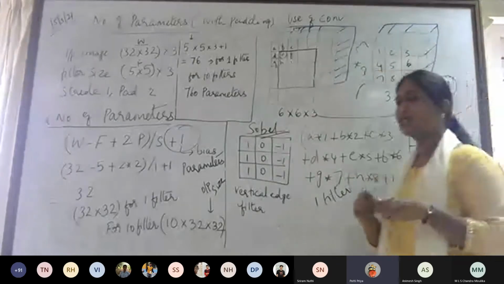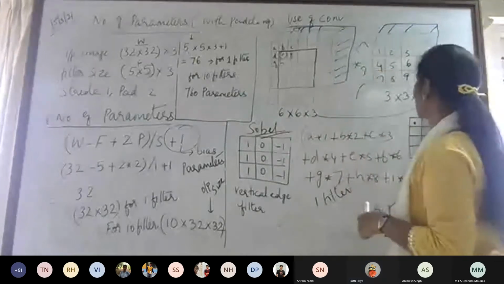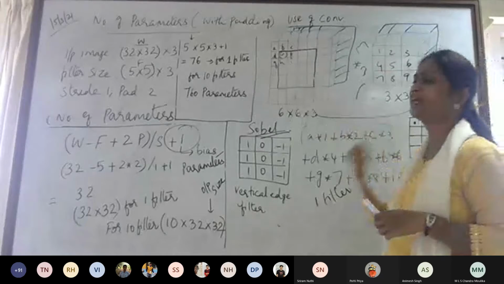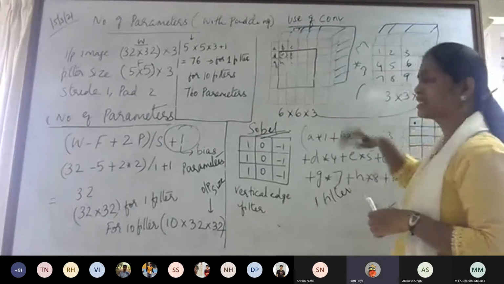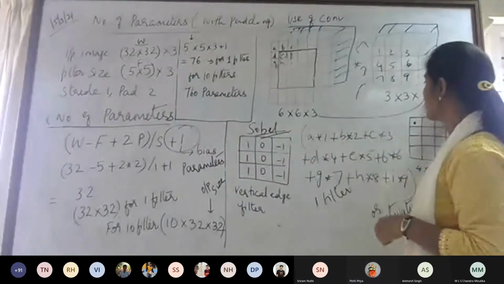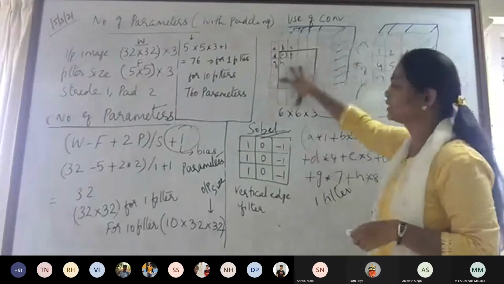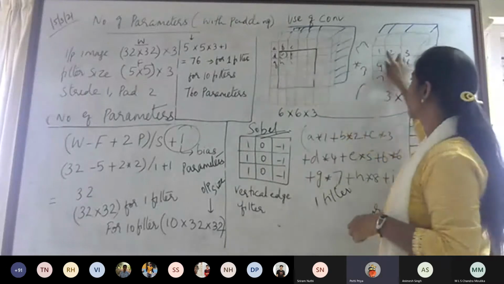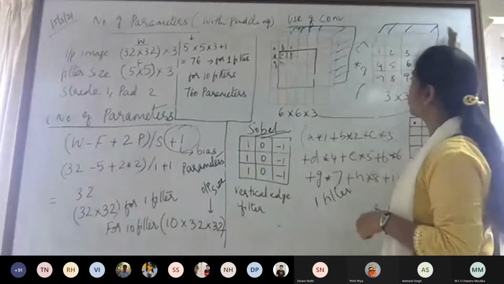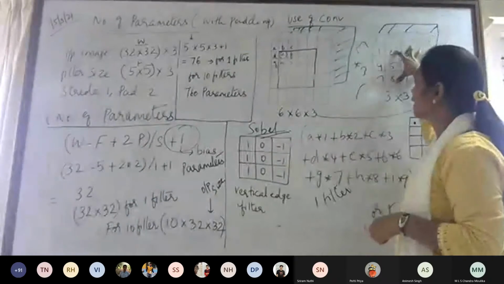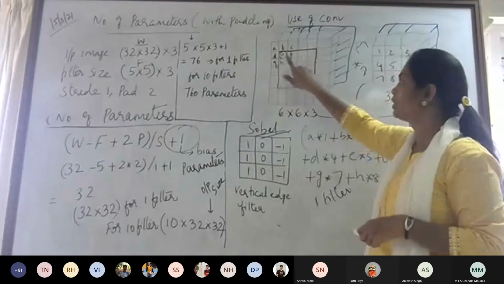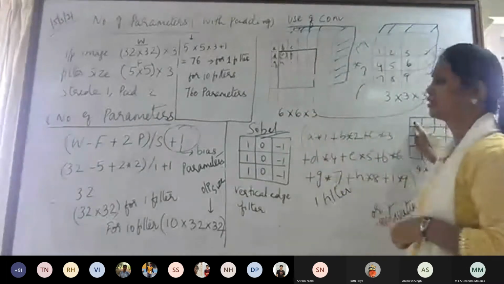No, actually the number of parameters is 27. The number of parameters you are obtaining from the image is 27 plus the bias separately. See, in the red layer there are 9 elements, in the green layer 9 elements, in the blue layer 9 elements. So all together, 27 elements in the filter are multiplied with 27 to get one element here.